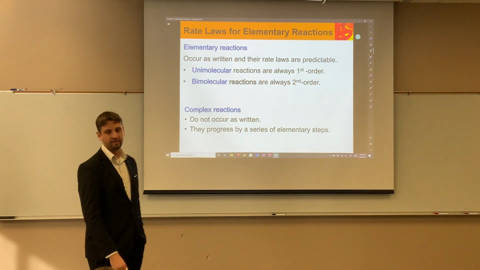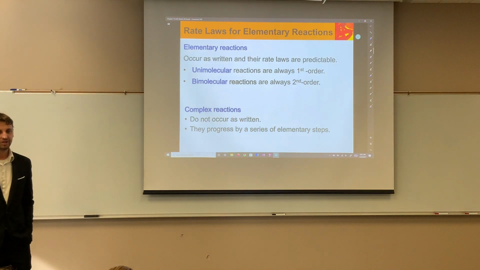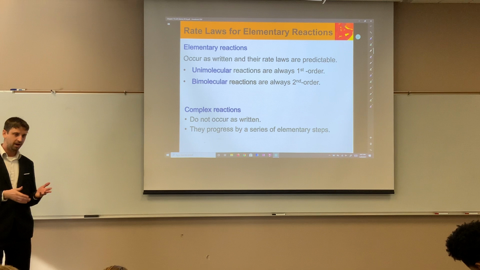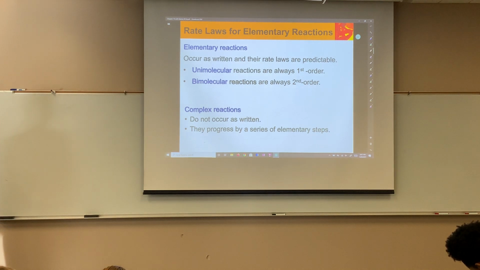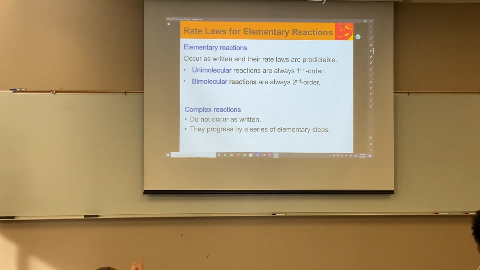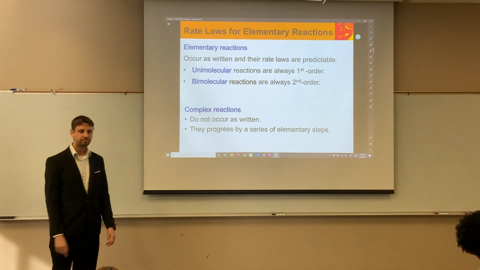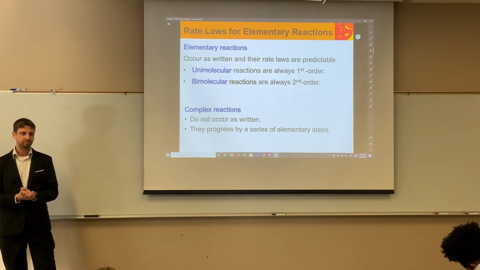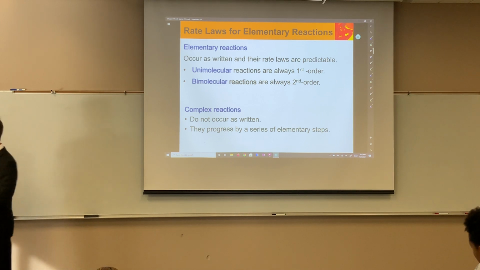What's up? How do we determine if something is unimolecular or bimolecular? One molecule, two molecules. Unimolecular, bimolecular. That's all. So, if it's unimolecular, there will be one molecule on each side of the reaction. No, we're talking about the reactants. One thing could turn into two. Okay. So if we're starting with one thing, it's unimolecular. Yep. If we're starting with two things, it's bimolecular. Yeah. Okay, cool, thank you.